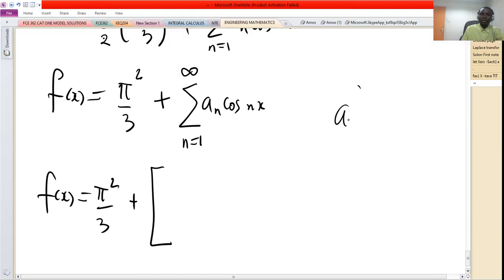So remember, an is 4 over n squared times minus 1 raised to n. So 1 will give us negative 4